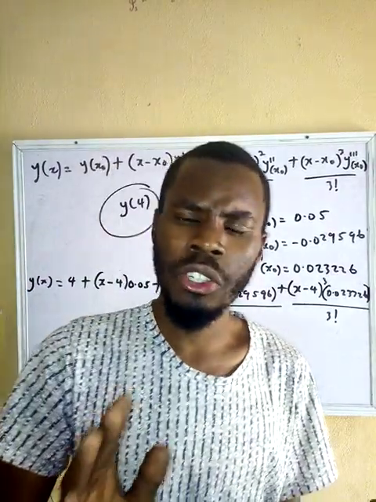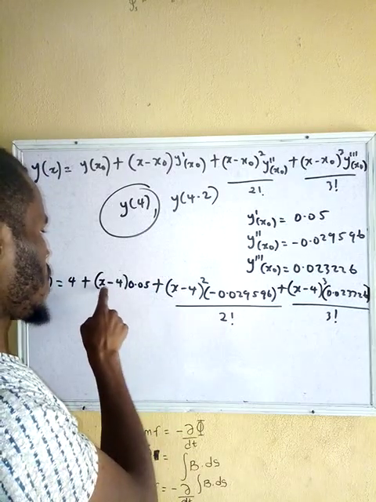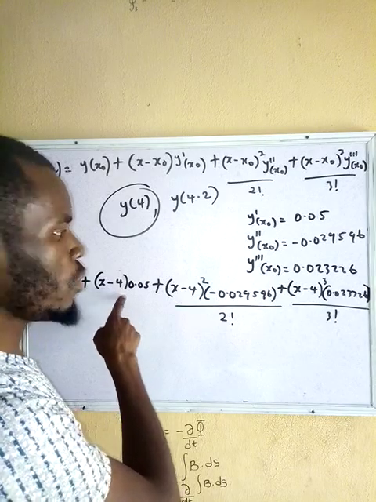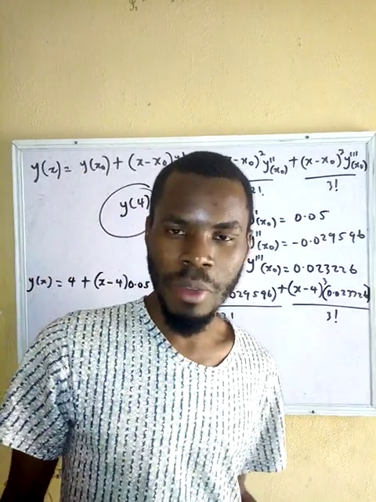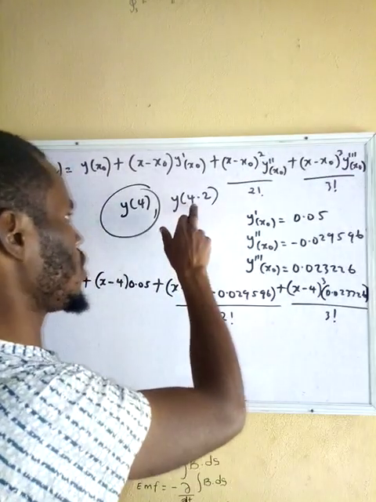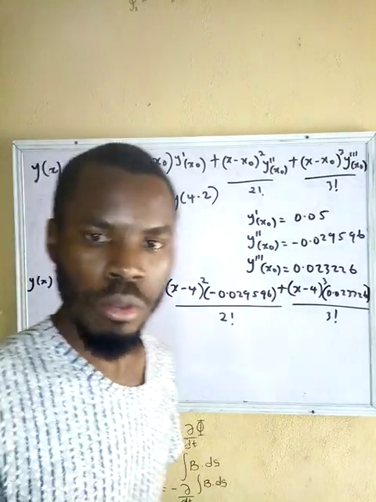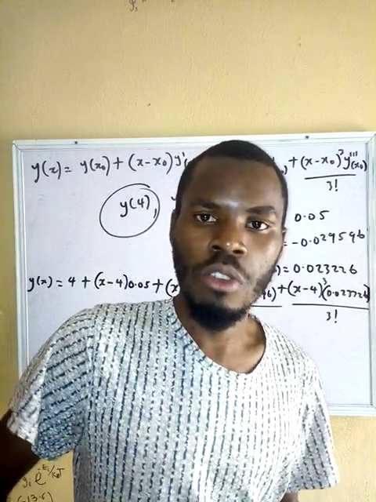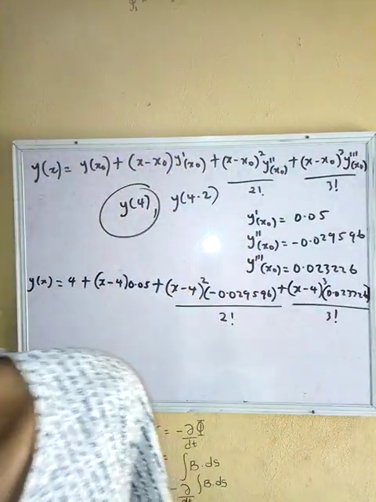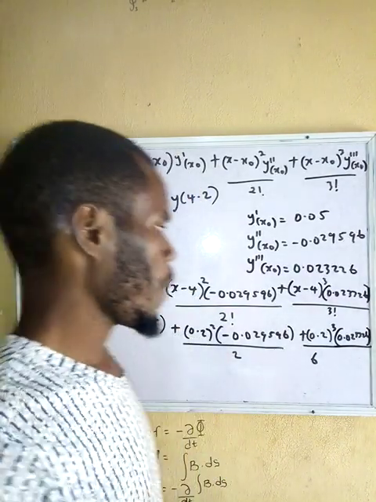So let me give us a very short cut. Since we know that our x is 4.2, and the difference of x minus 4 is 0.2, instead of writing 4.2 minus 4, which is cumbersome, just replace it by the difference of 4.2 and 4. This 4.2 is this x. So if we replace it, the difference here will be 0.2. So we're going to replace x minus 4 by 0.2. So if we do our substitution carefully, we are going to obtain